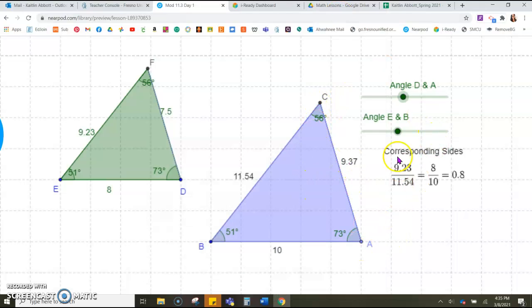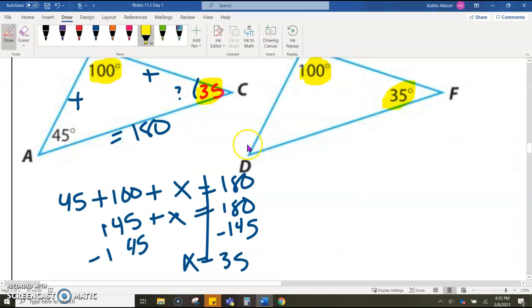So basically, anytime all the angles inside are the same, no matter how big or small the other triangle is, they are going to be similar. Okay, let's go back. So this would be done. So we would say in our answer that